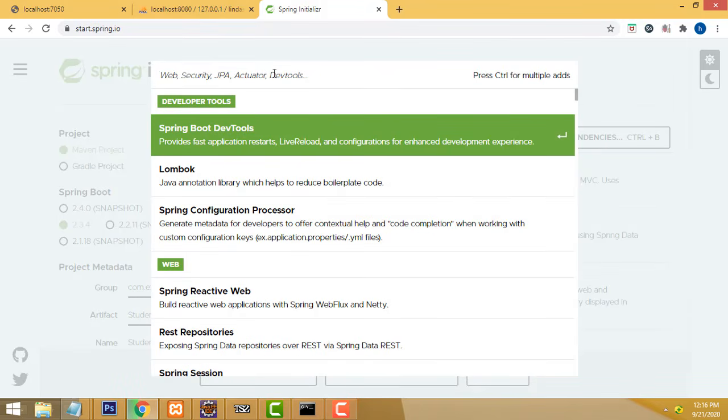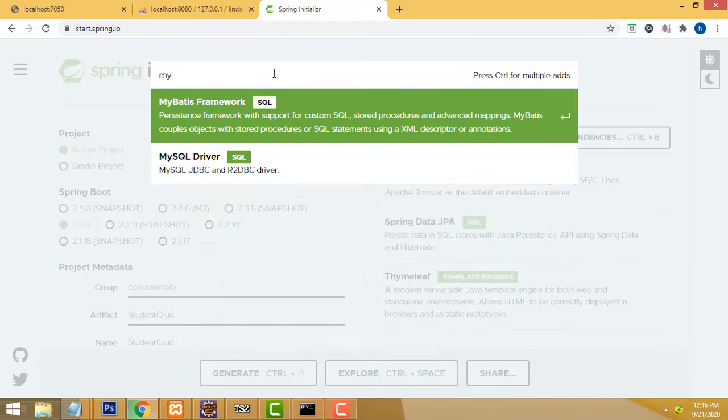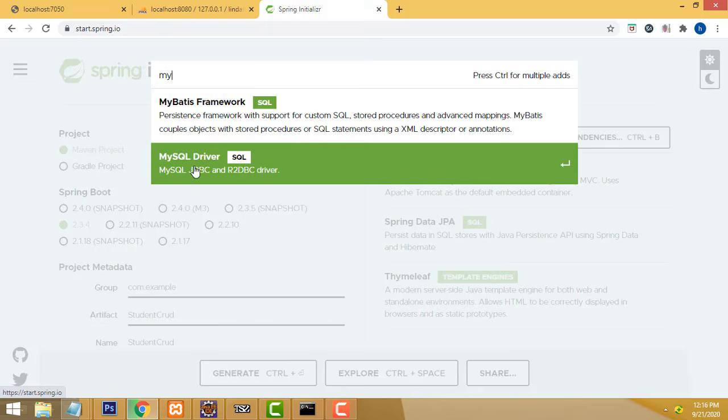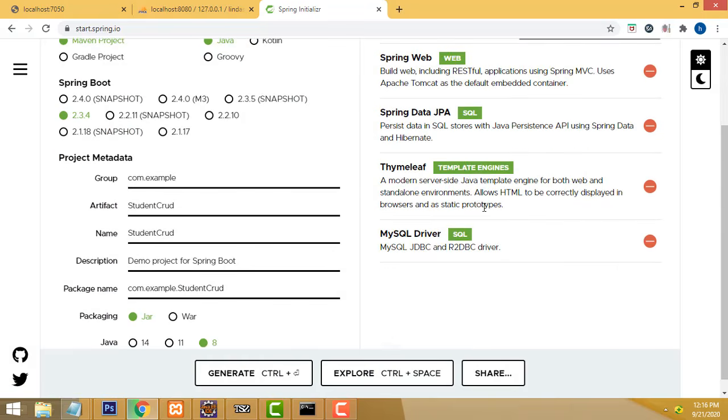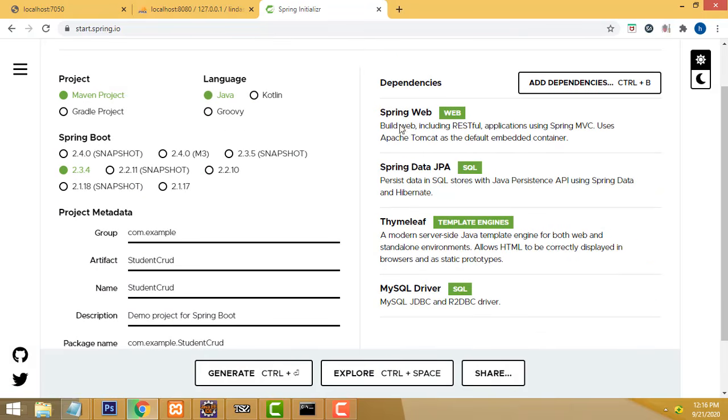After that we have to download the database which you are going to connect. PostgreSQL or MySQL or MongoDB, whatever. I am using MySQL here, so I have to add the MySQL dependency. Click on this, this is the dependency you have to write. Dependency is a must. It's very easy to work with the dependency if you add it over here.